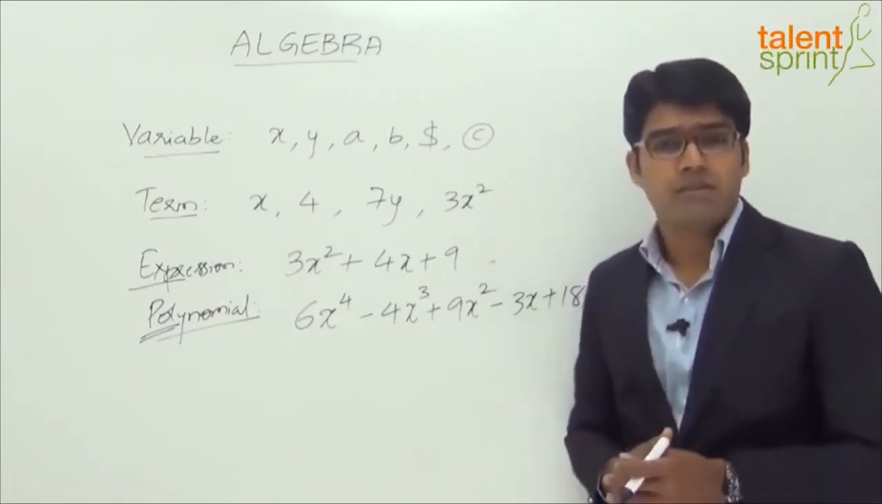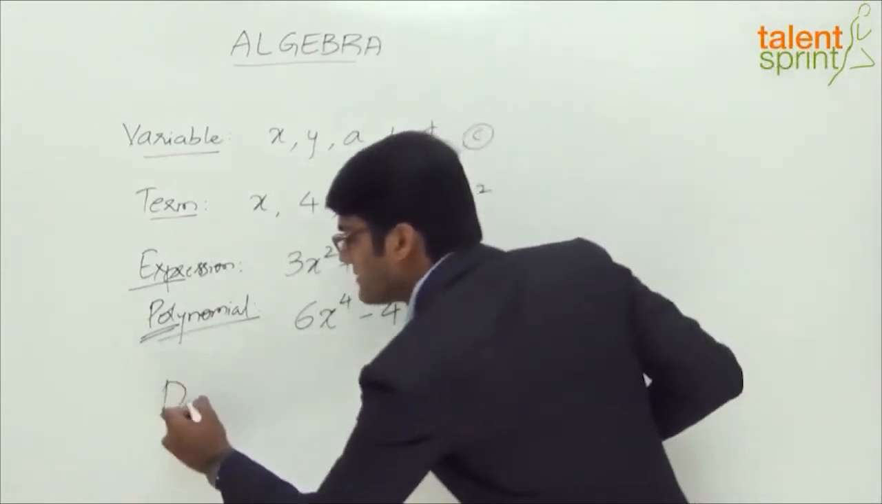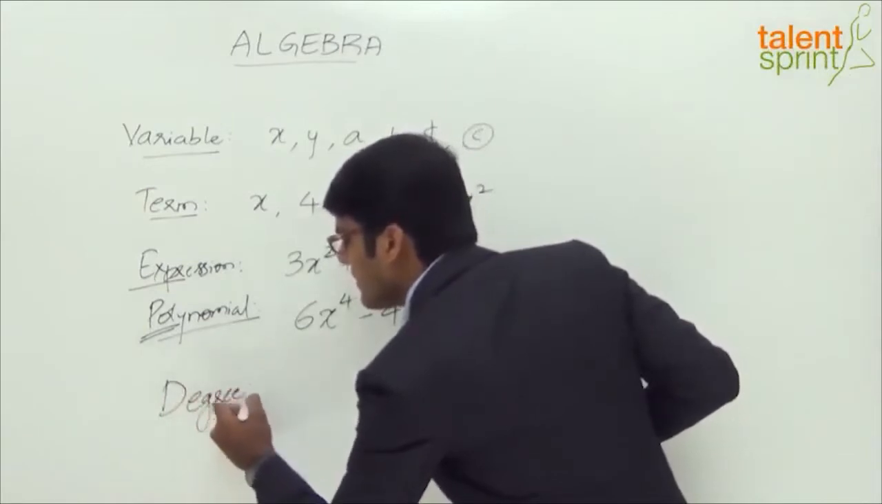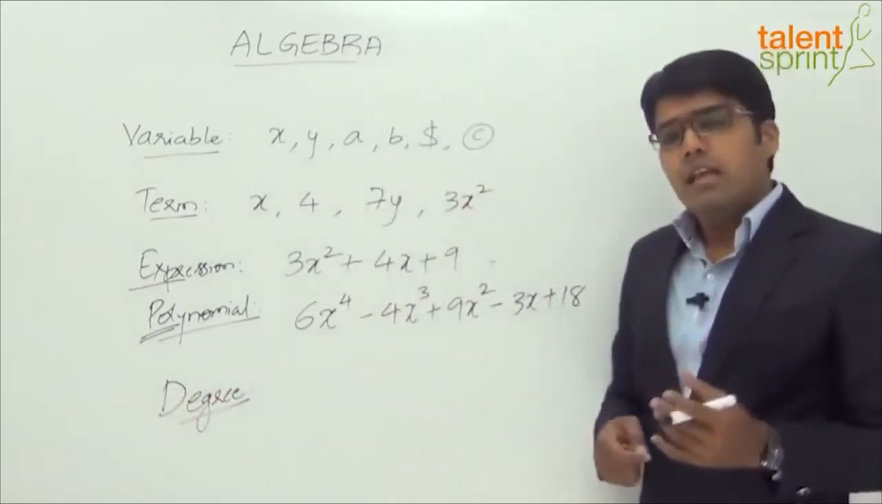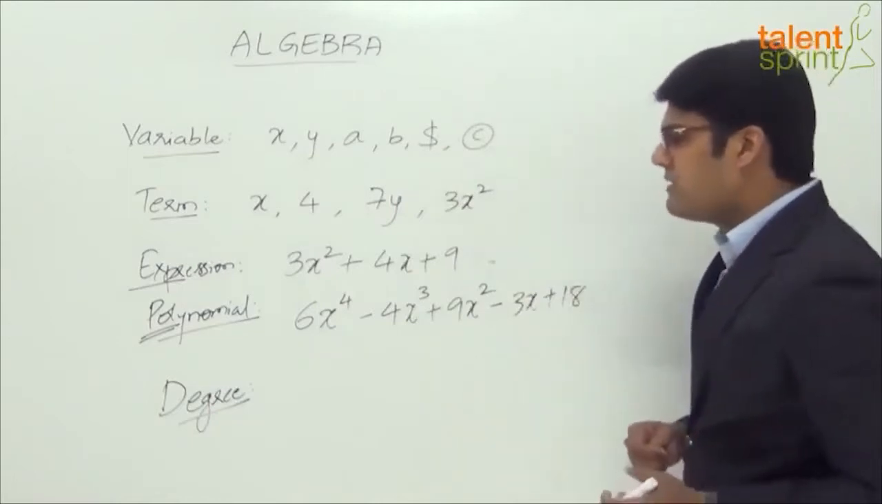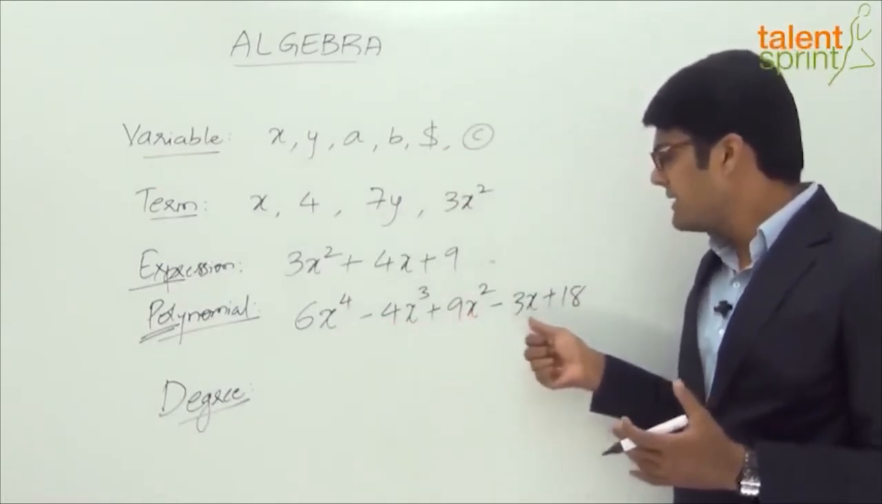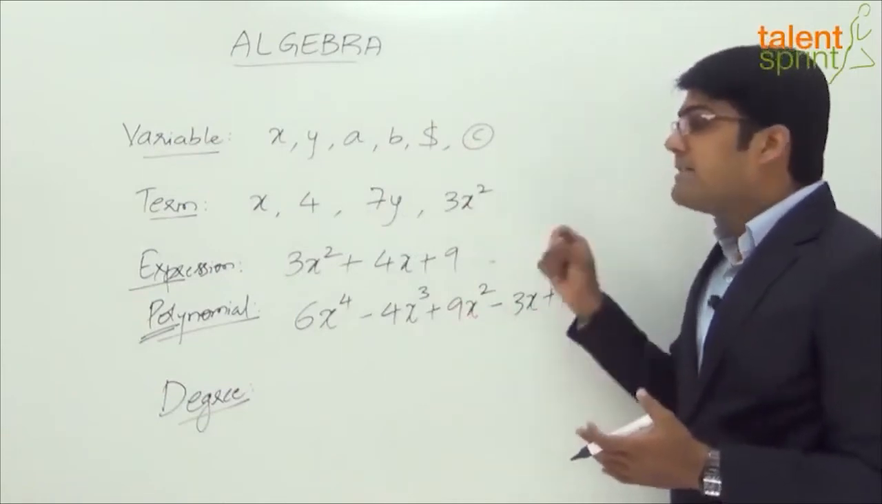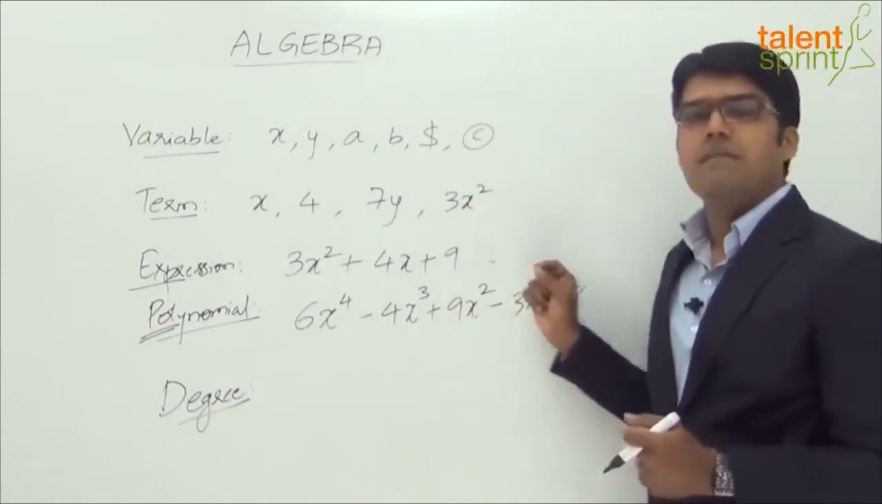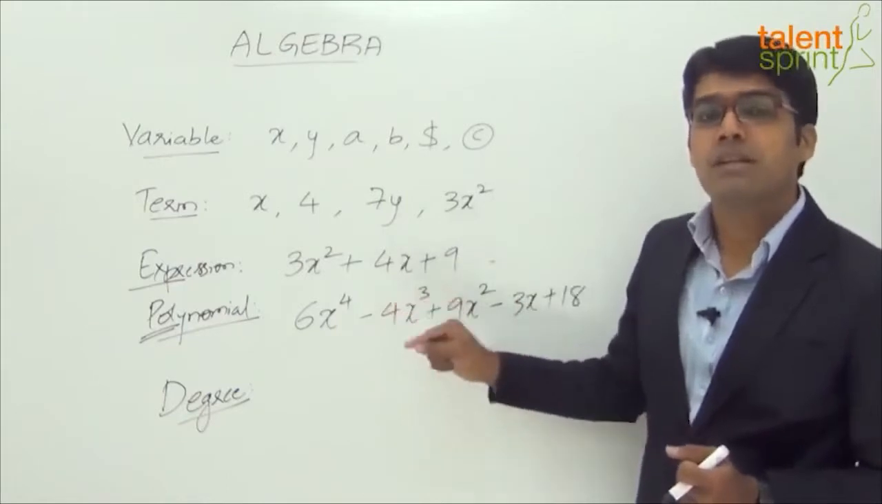Degree of a polynomial, right? What is the degree of a polynomial? Well, if you look at this particular polynomial here, we have got different exponents: x power 4, x cube, 9x squared, 3x. Now, the highest power of the different exponents that we have in the given polynomial is called the